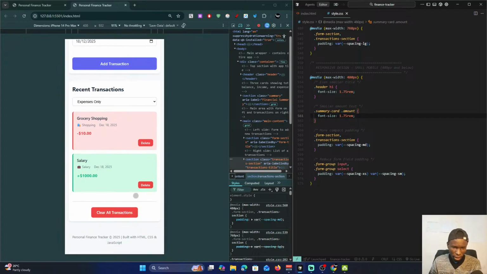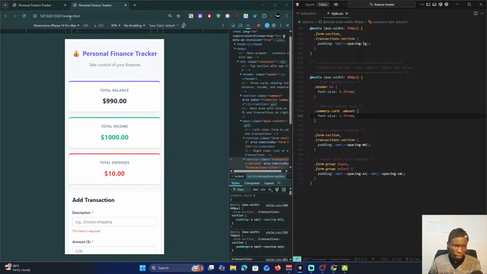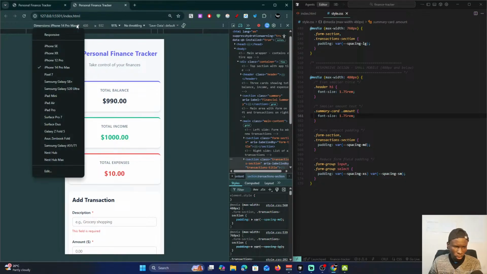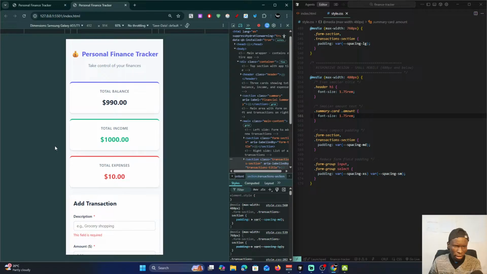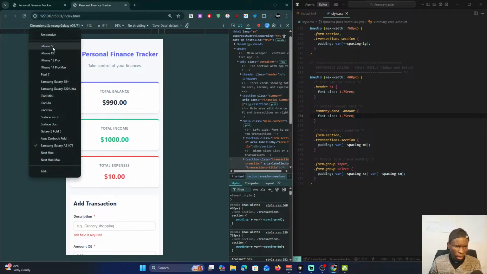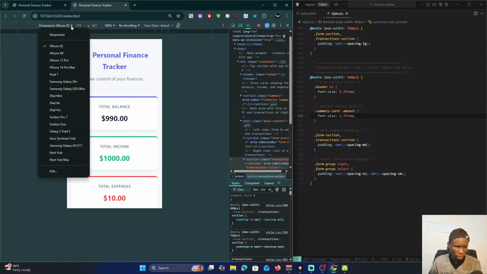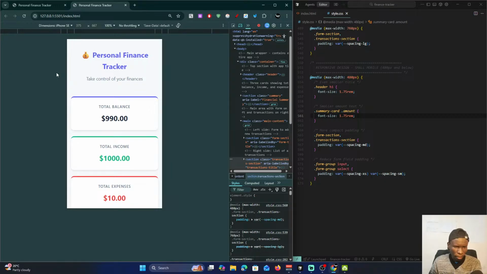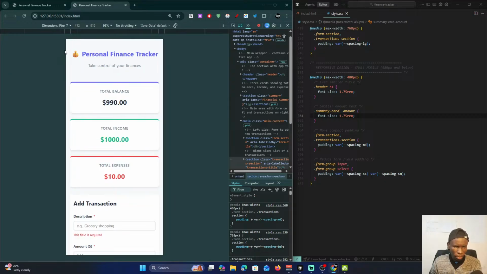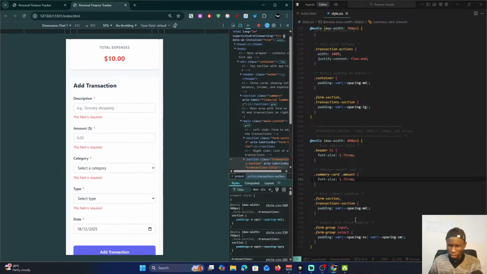Okay, so you can see now it's actually smooth with respect to Samsung Galaxy. This is for 12 iPhone. No, it's not a tablet. 7. Okay. But anyway, that's how